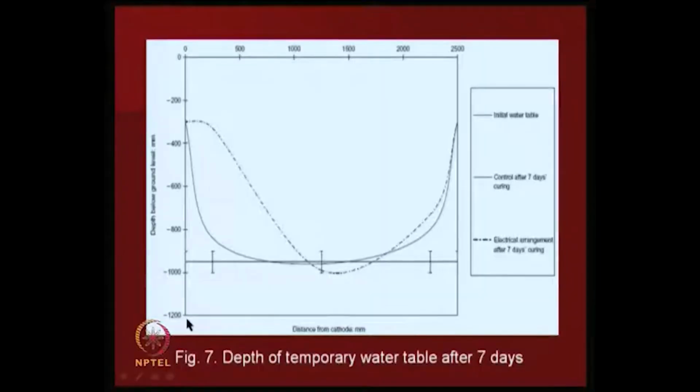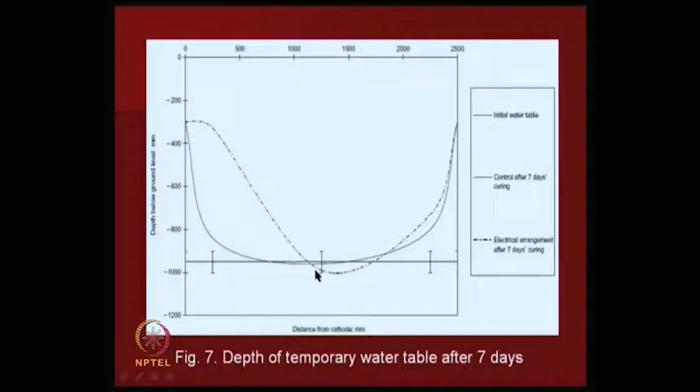Distance from the cathode. Okay. So, for example, there is a 0 distance, and then as you move away from the cathode, what is happening? This is the depth of water table, and you can see that this is the initial water table. Then control after 7 days, this is another one. Electrical arrangement after 7 days, you can see that